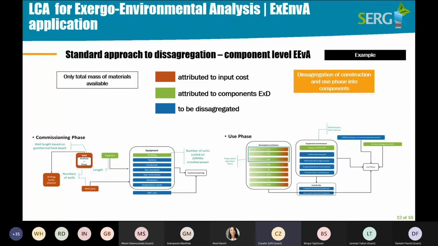Then it is important to group all the single scores of other components that are present in the power plant but are not so relevant from the thermodynamic point of view. In other words, they are not in the list of the equipment, like pipelines or buildings, and then reallocate their single score to all thermodynamically relevant components on the basis of their Exergy extraction. In this way, we somehow penalize the component with the highest irreversibility.